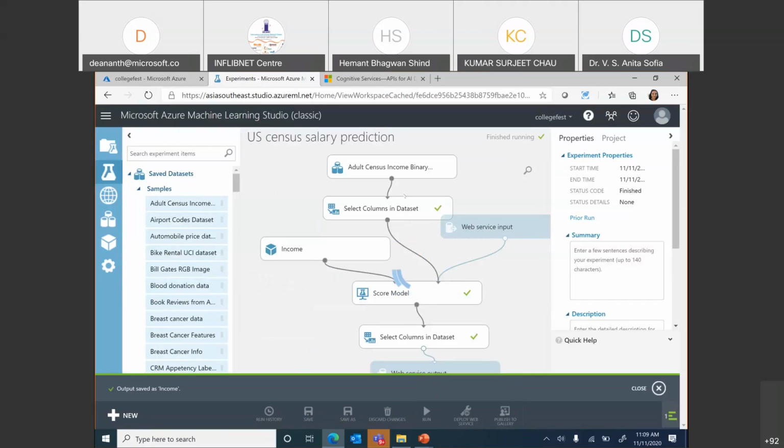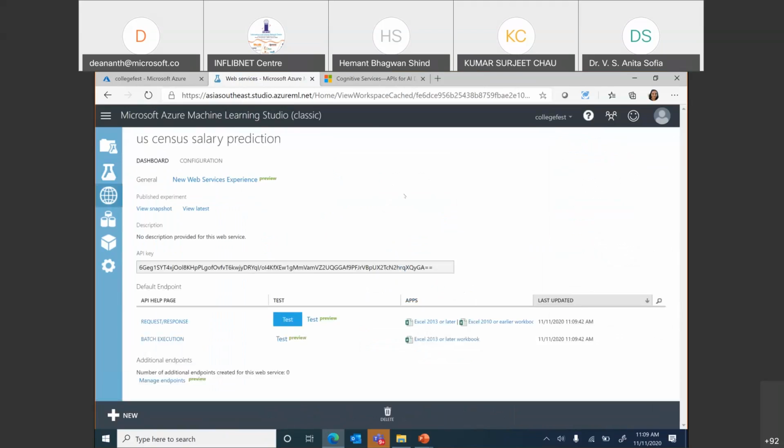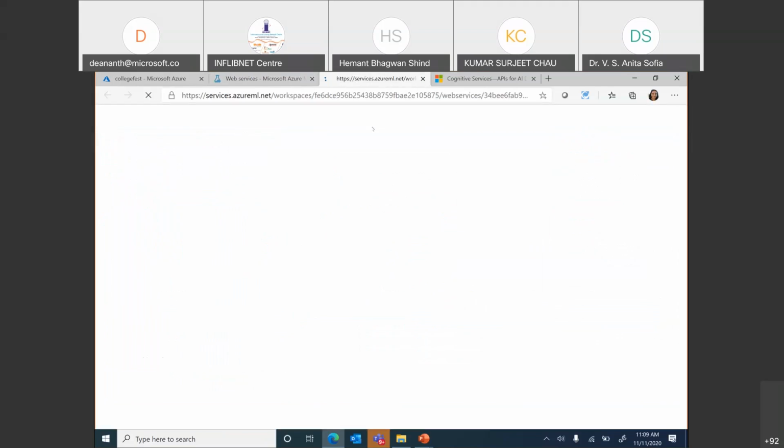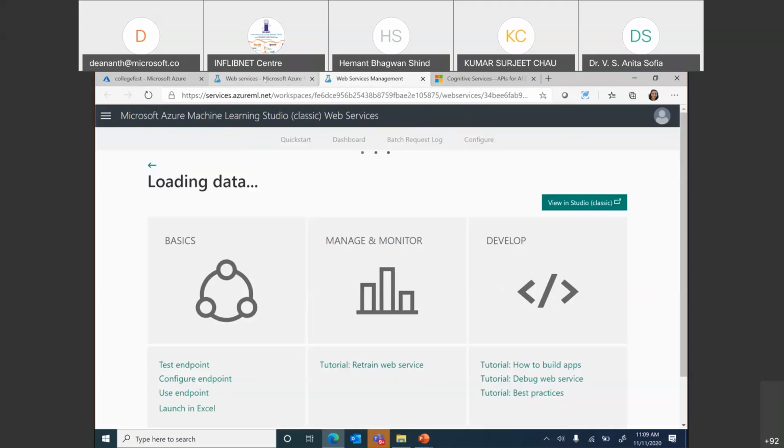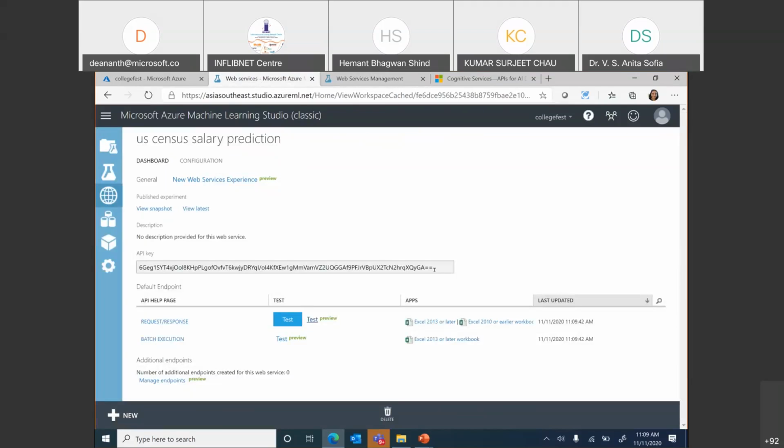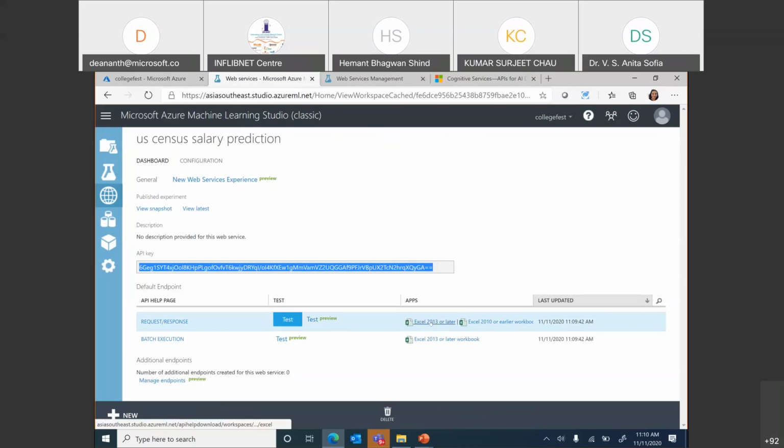And when I deploy this, I will get a web page, an HTML page. So if I say I want to test this, okay, first of all, if you wouldn't want to deploy it, you can just take this API key and call it from any place that you want. The model is going to be hosted on Azure. This is the API key that you can call from any application, including an on-prem application. If you want to do a batch execution, you can pass all the inputs, like, you're doing a KYC, you're giving a loan, you want the risk percentage. You pass it for about 50 applications that you have received that day, and you will get a score.